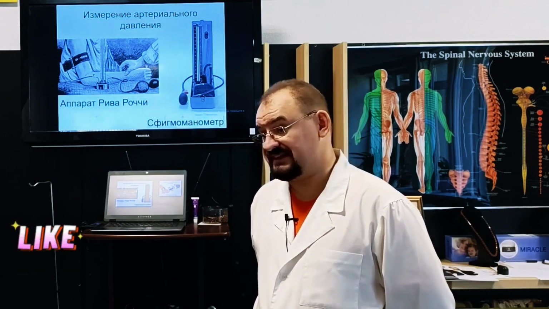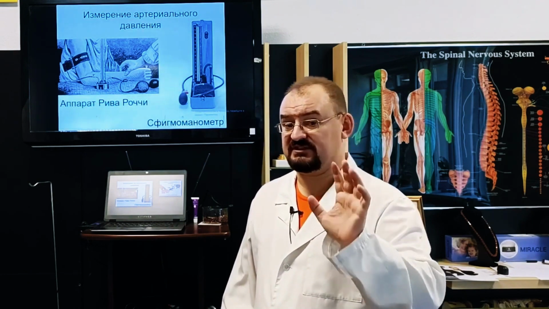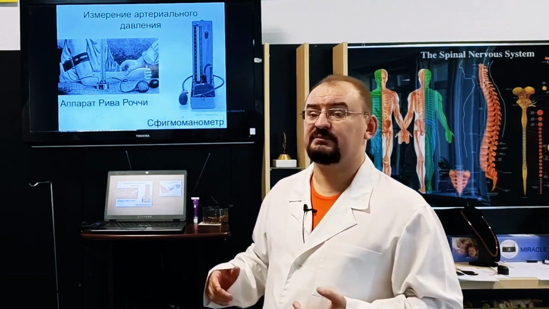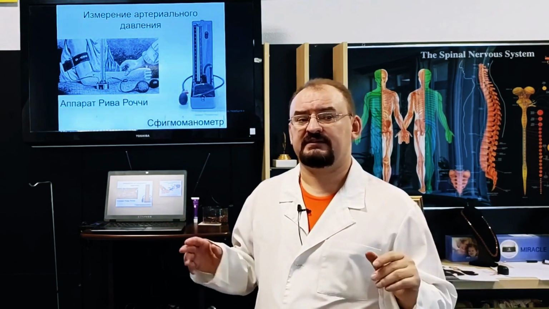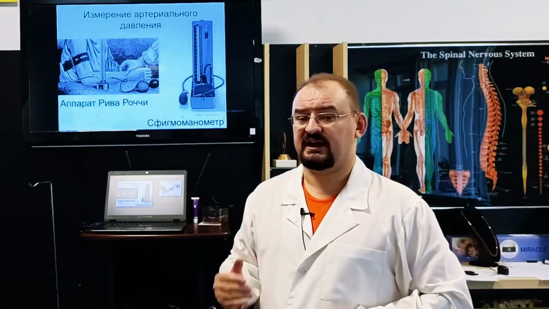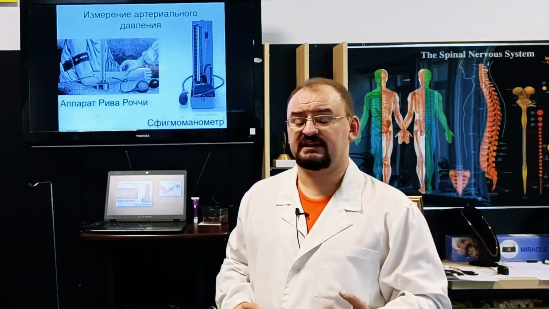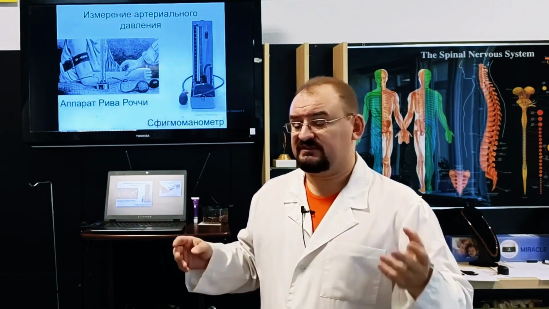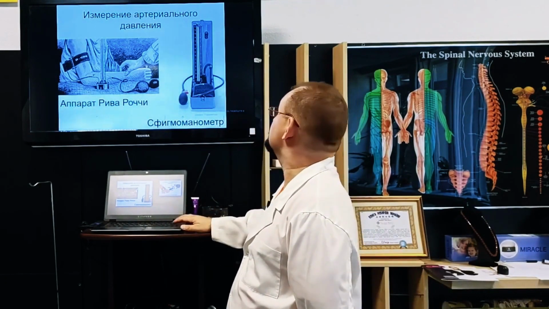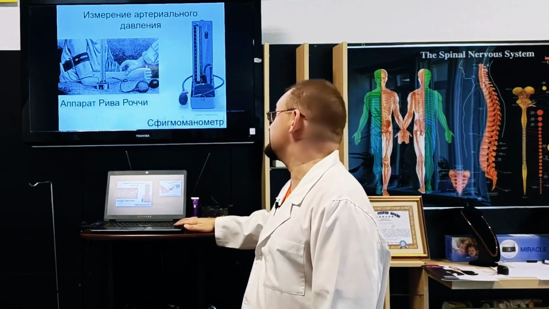So it dropped to 80. I record that the tapping sounds have stopped, and this means that the person's blood pressure is 120 over 80. This is not the norm, don't get me wrong, these are just average values. And I can further supplement these readings with a third number. This is the pulse pressure. Pulse pressure is the difference between the upper value, 120, and the lower value, 80. I subtract 80 from 120 and see that the pulse pressure is 40 millimeters of mercury. That's where the millimeters of mercury come from. That's where these numbers come from.